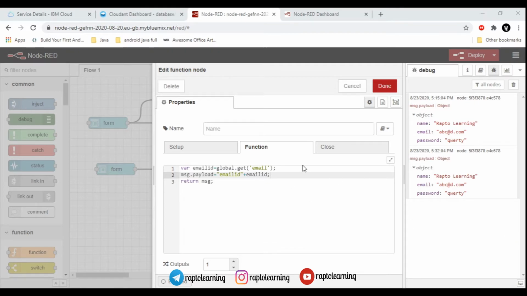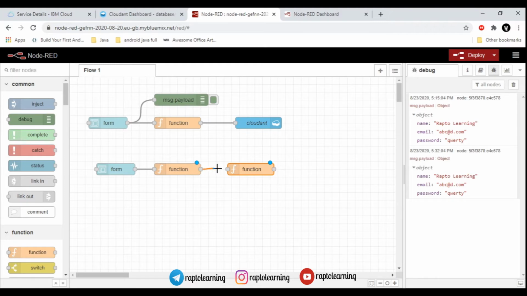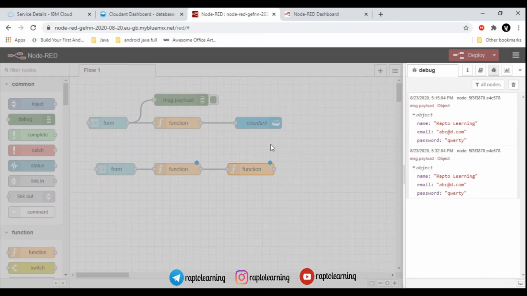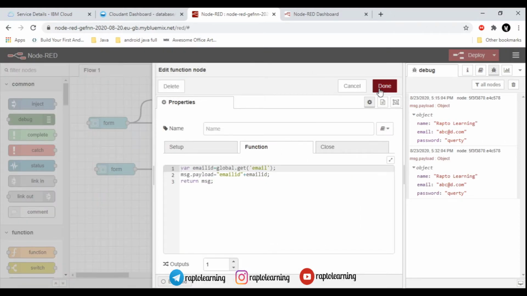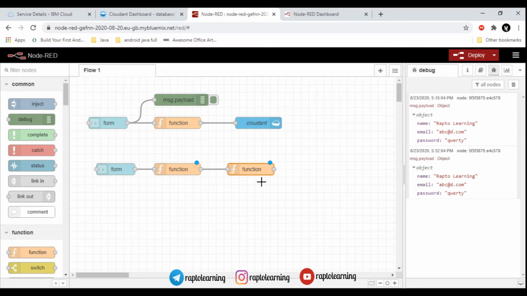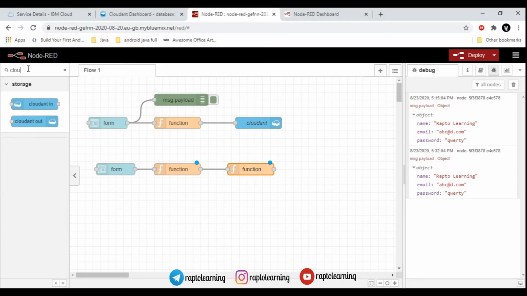It will check. So make sure that you have mentioned all this properly in your Node-RED. After doing this, we are going to create one function that we have dragged previously, right? So let's make some changes to this function and add some functionality to it. Just double click on the function and this window will appear, and you mention all this as I have mentioned in this program, right?